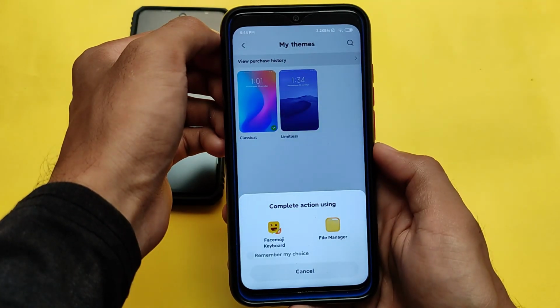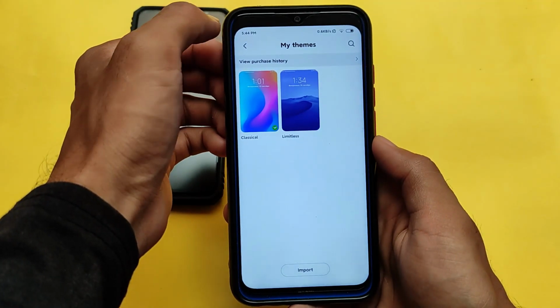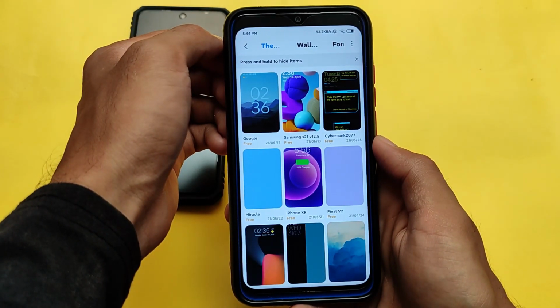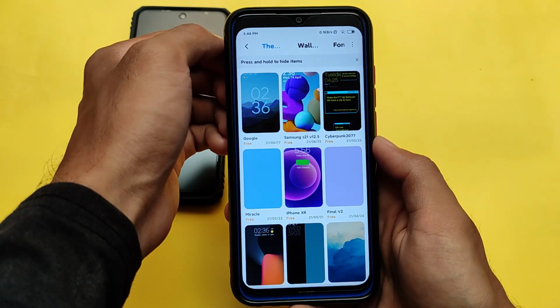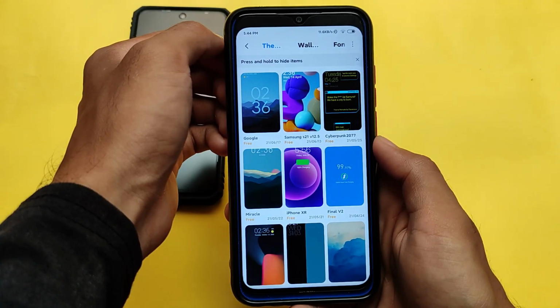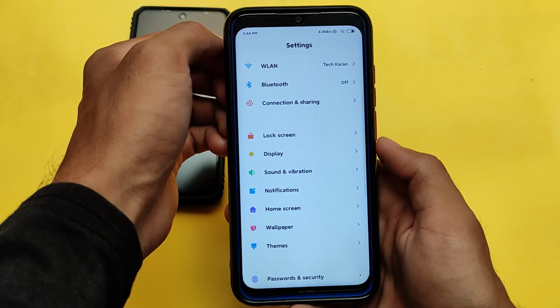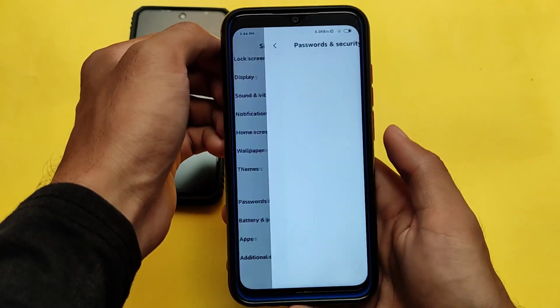By the way, MIUI 11 had a lot of interesting, good themes, so if you want to find those themes, that would be easier for you. You can find them very easily. Also, you can try to apply MIUI 12 themes here. I'm not sure if it will work or not, but it shouldn't work. But these are some interesting things you get here.